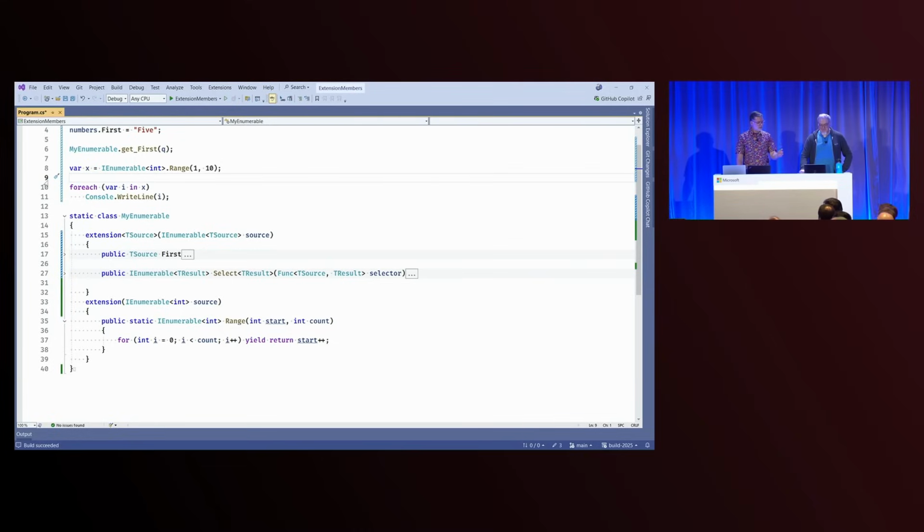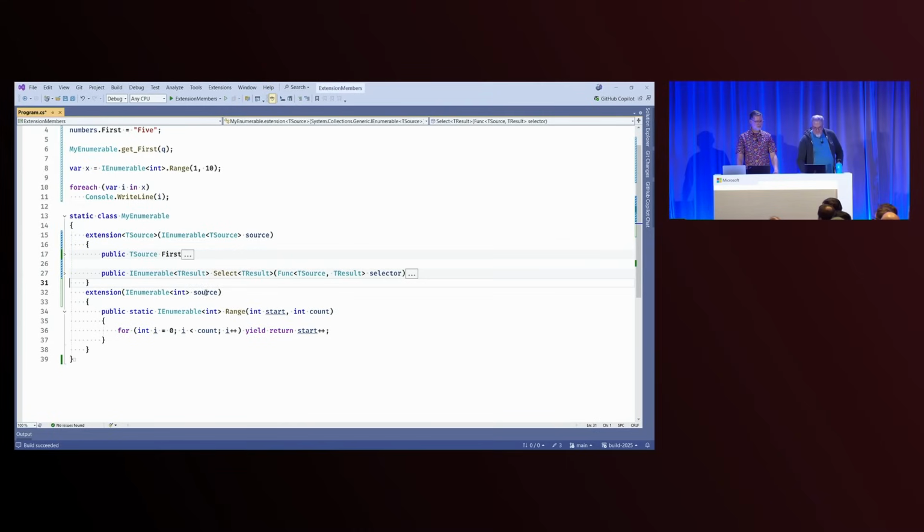So that's pretty good. A couple of niggles though. Why do we need the source? We only actually have static extension members in that particular extension block, so we let you omit the parameter name when you don't need it. If we had other instance extension methods on IEnumerable of T in the same block, source would be there and available for the instance methods to use, but the static method can't ever use it. So you're allowed to omit it, and we do that here. That's cool.